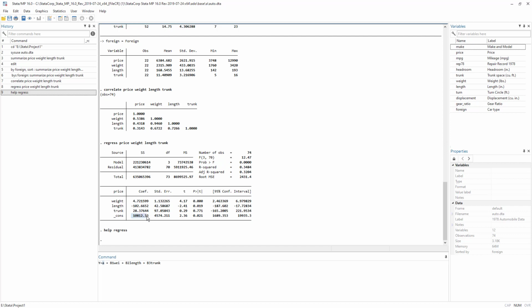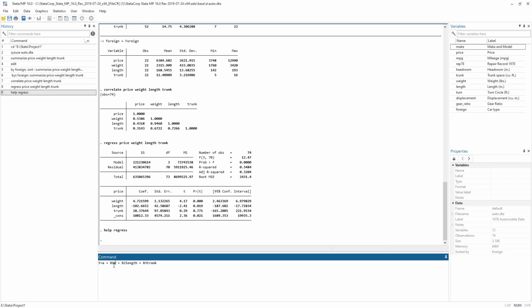So this constant simply means that when all the independent variables are 0, even then there would be a price of a car. Remember the dependent variable, this would be the value of the dependent variable. So if weight was 0, then 0 multiplied by B1 would be 0.